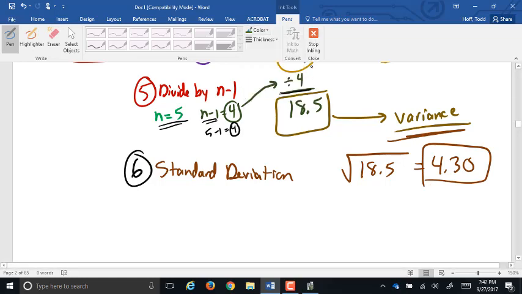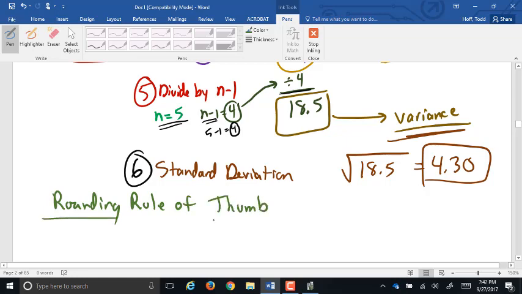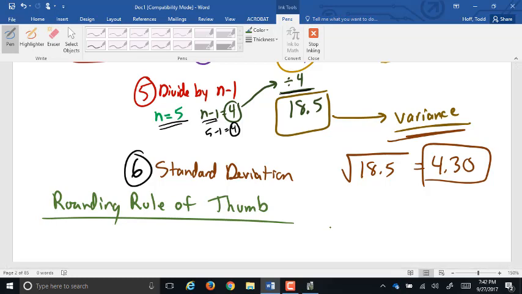Now, I always get the question, how do we know how to round to 4.30? Why didn't you go 4.301 or just 4.3? Well, rounding rule of thumb. Now, like any rule of thumb, this only applies if you're not told what to do. Most problems will say round to the nearest tenth or the nearest hundredth or whatever. But if it doesn't say in the problem where to round,